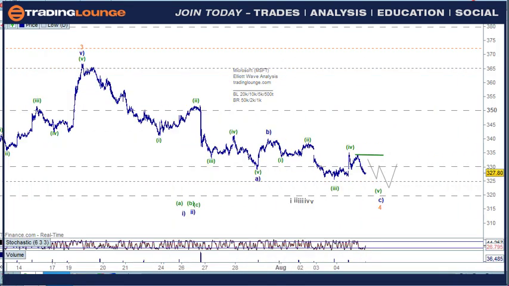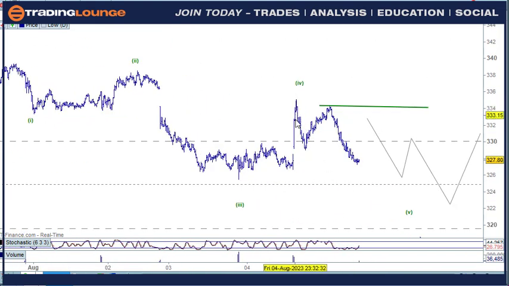Okay, Microsoft. Yeah, look, to be honest, you can count this pretty much any way you wanted to, but I think looking for another low in line with the NASDAQ and the rest of the pattern. So this one here is the same as 1, and because there's no 5 waves up here, I mean, you could go 1, 2, 3, 4, 5, but it